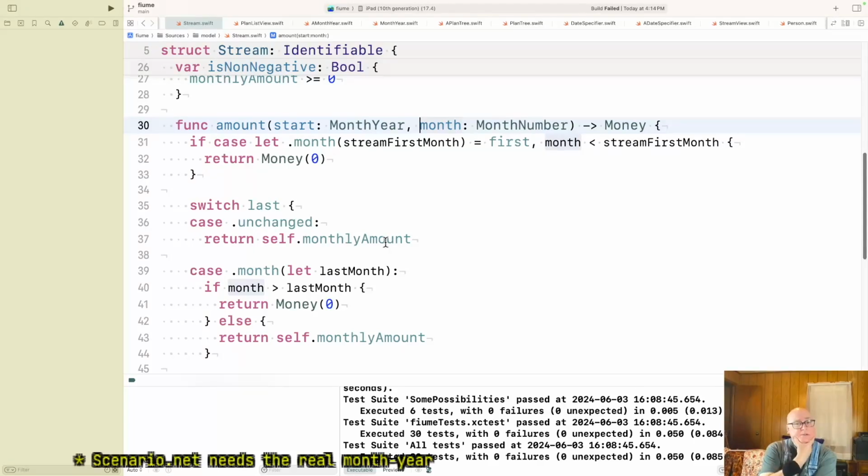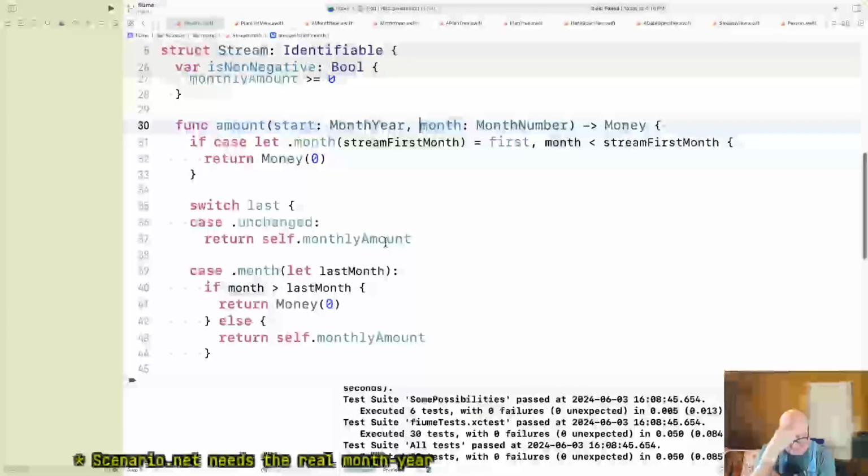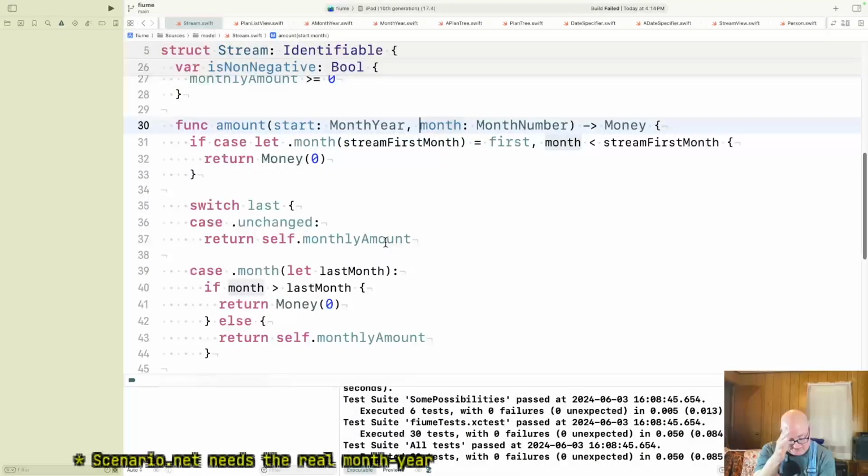Let's see. If I knew the month year I'm projecting to, is that enough information? I can't keep coming back to that. I know it's January 2050, and I know you were born in this date because I've got your person, so I can answer whether you're older or not than that. Okay, so let's pass current.